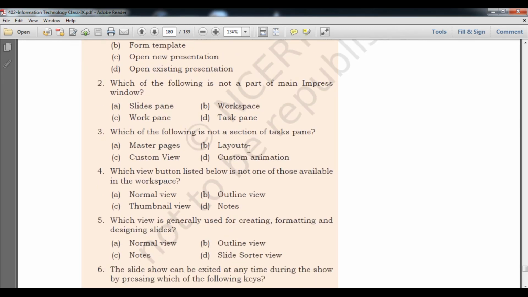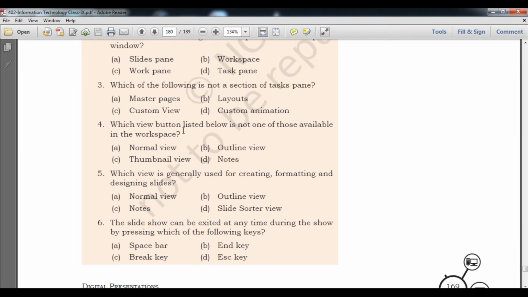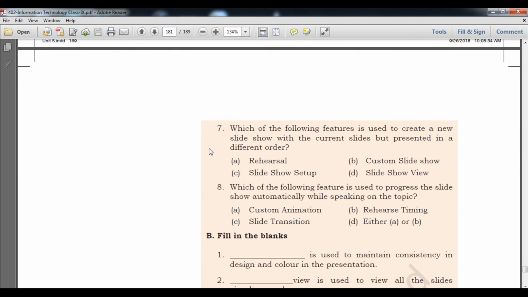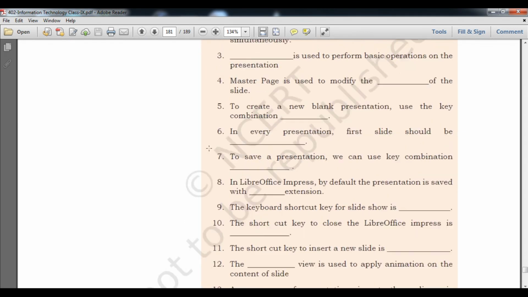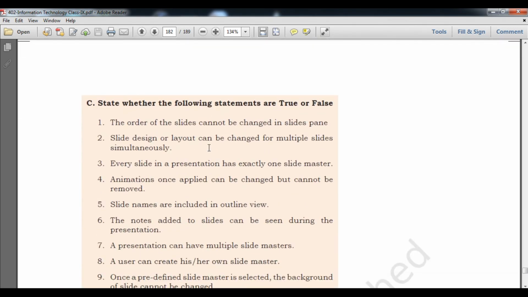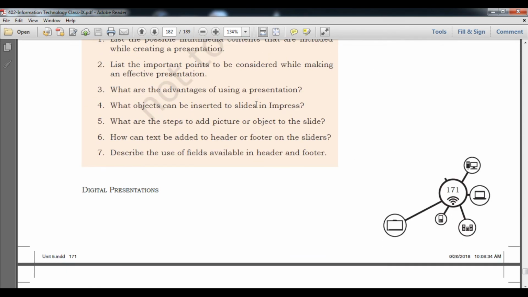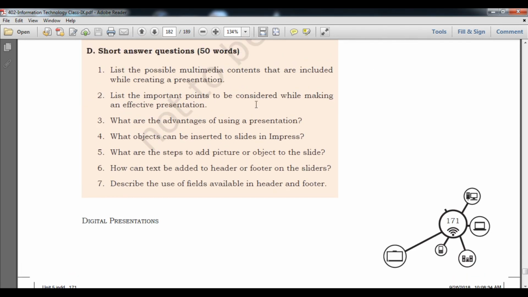This is an MCQ: simply write the question and directly write the option along with its value, like Outline View, Notes, whatever the answer is, and fill in the blanks also. In this true/false section, you will just type true or false, or T or F. And at last there are short answer questions.